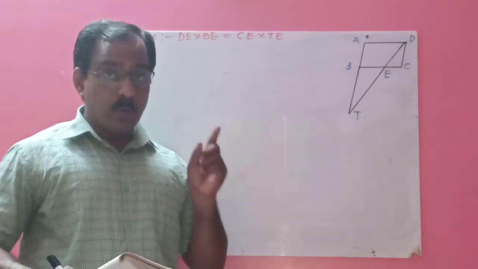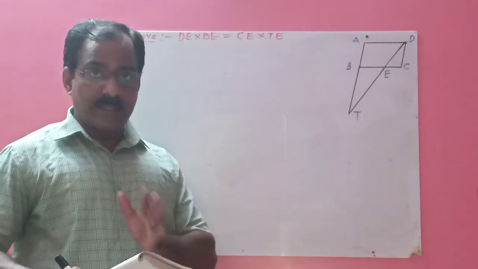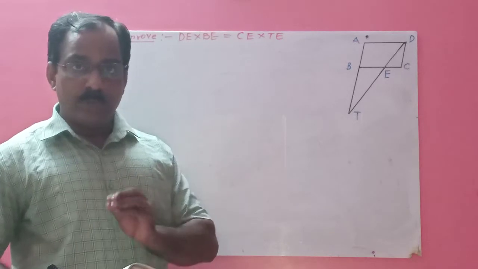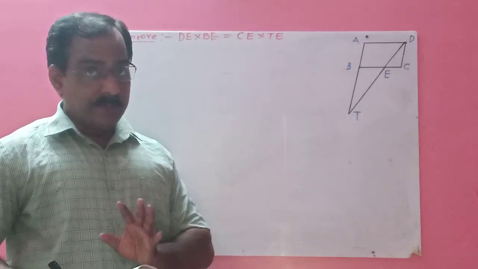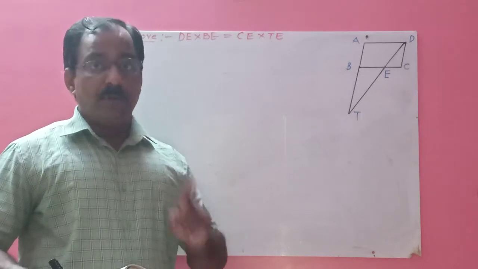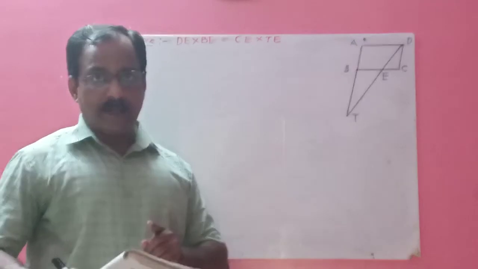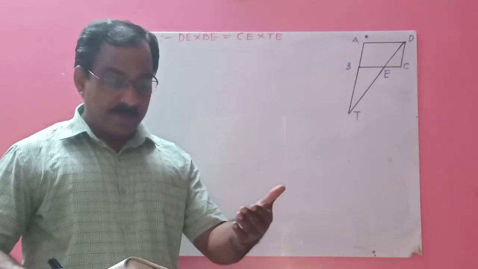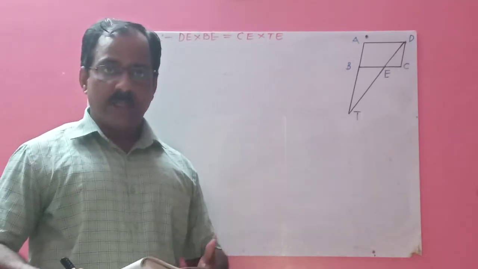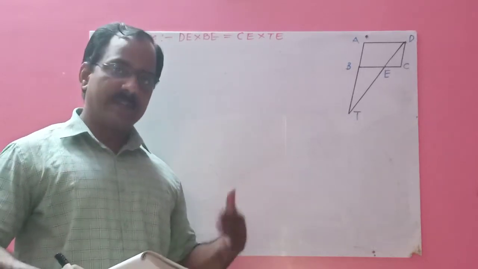Because this year the whole book is going to come. All chapters. It is not like 9th standard where we have only 3 chapters or 4 chapters. This is a very important part. So keep 1 hour for maths practice, especially for geometry. So the 6th sum is similar to the 5th one. You try this one. If you do not get the answer, please comment in class. I will solve that sum once again.